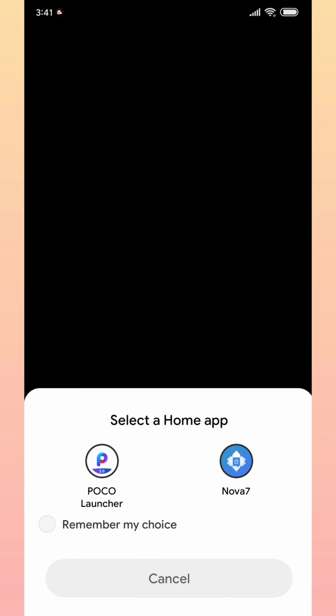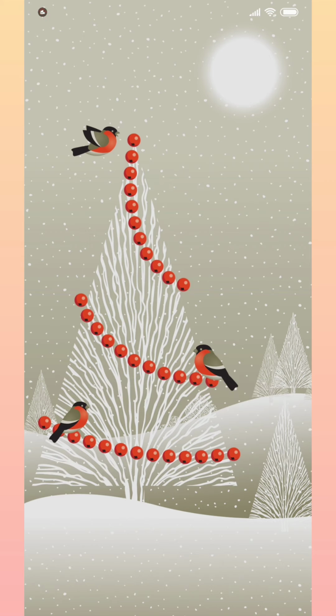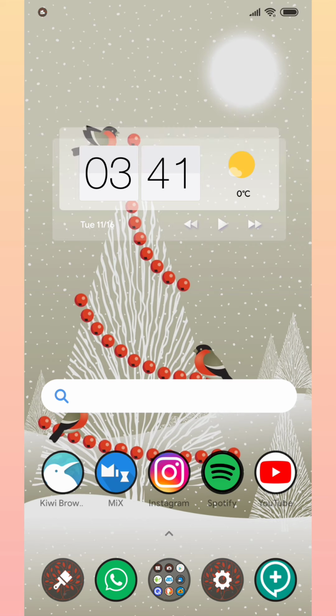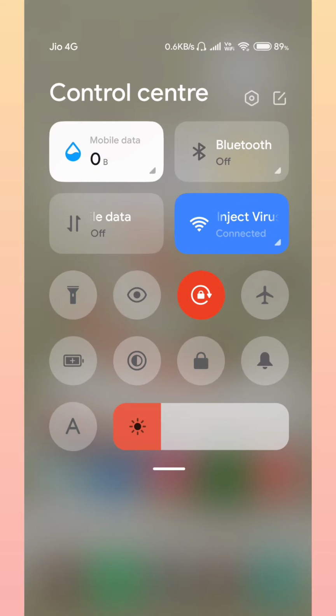See, the theme is working pretty nicely. It is a theme from the global theme engine, the global server, and it has been applied successfully.